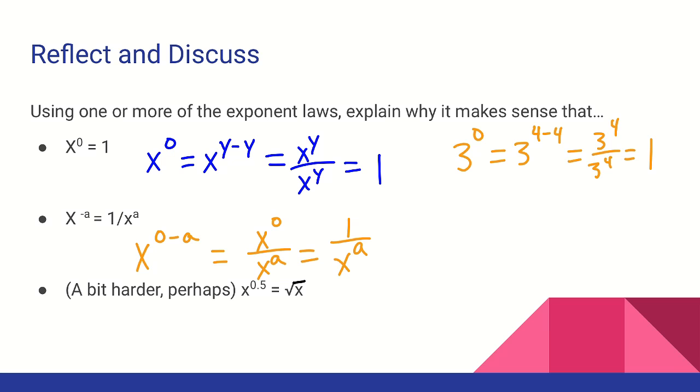What is x to the 0.5? Well, that's really x to the 1/2. So x to the 0.5 is equal to x to the 1/2. And that is true because we have